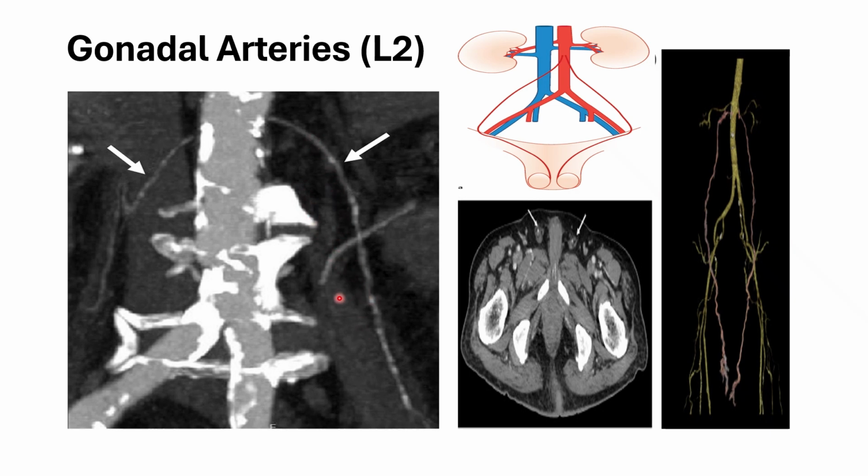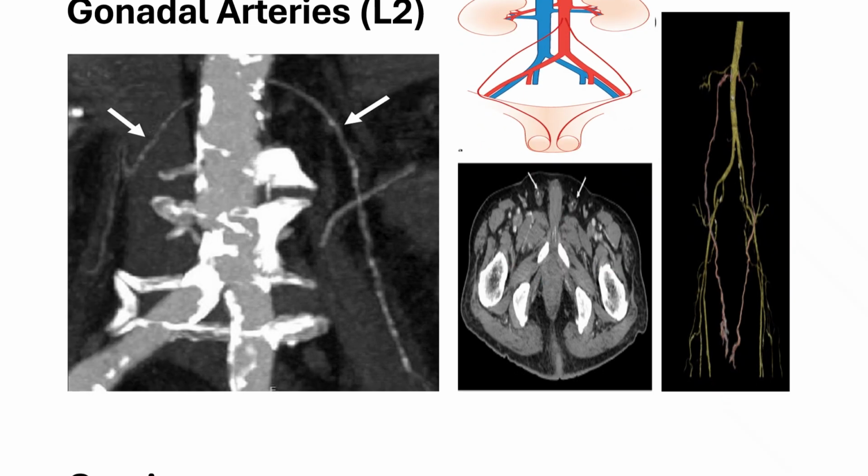We can see here, this is the psoas major muscle. The right testicular artery lies anterior to the inferior vena cava. So we can see this is the right artery. In this image, this is the 3D image showing the gonadal arteries. These are the axial images showing the gonadal artery or testicular artery. These supply the testicle, tunica albuginea and cremaster muscle in male.